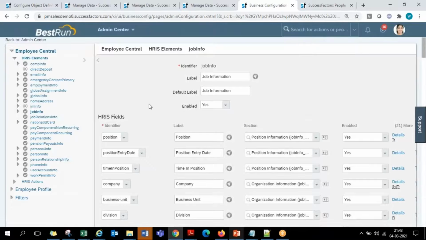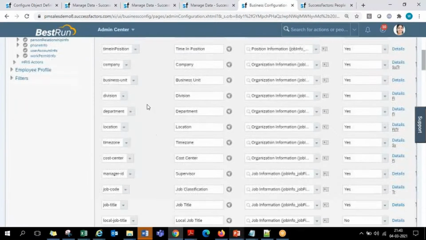So here in this job information portlet also you have these fields: company, business unit, division, department, location, all these fields. Now we have seen an association between business unit, division, department at the objects level. If that association done at the objects level has to reflect here at the employee portlet level, this is just a field, guys, a field called division with the label as division. Even if I change the label to XYZ, whatever, it will take. How is the system referring this field to the object definition level, how is that connecting? Here we are required to give a reference of that association in the field level.